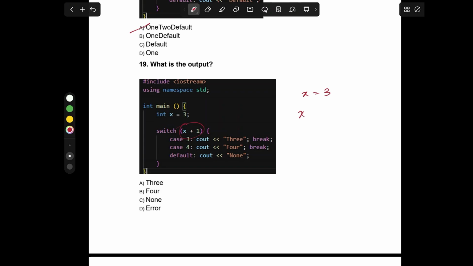Output, x equals 3, x plus 1 will become 4. Our code will print